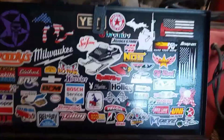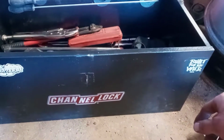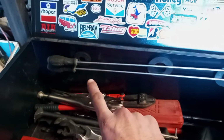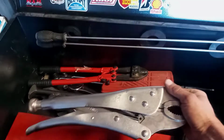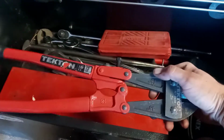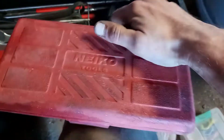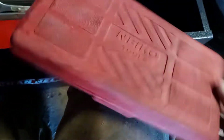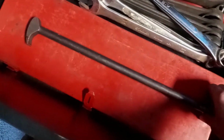This is a channel lock chest. I think it's like a 30-inch. I have Pittsburgh long-handled screwdrivers, big pair of locking pliers, Tecton 18-inch bolt cutters, Nikio impact Allen socket set, Sunex pry bar,